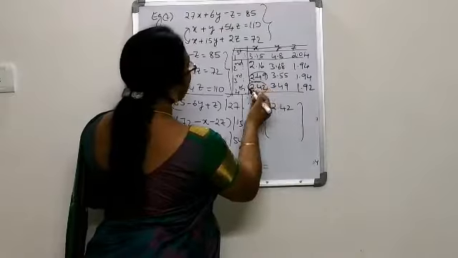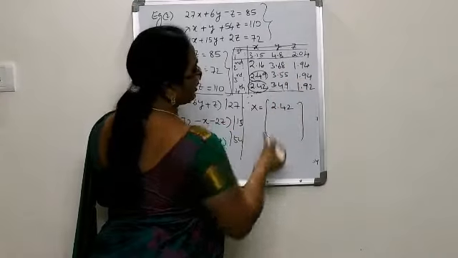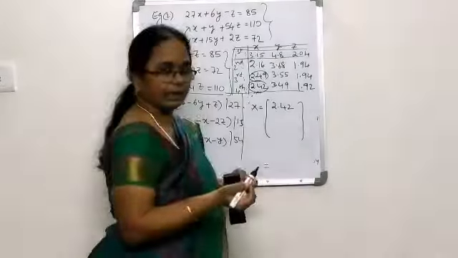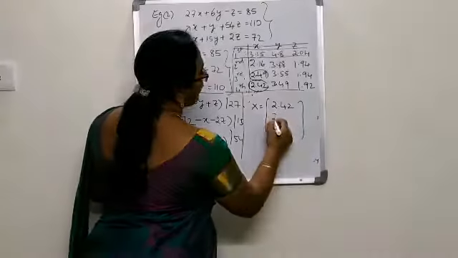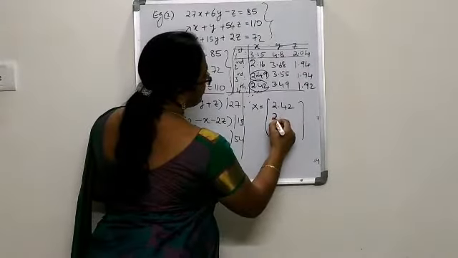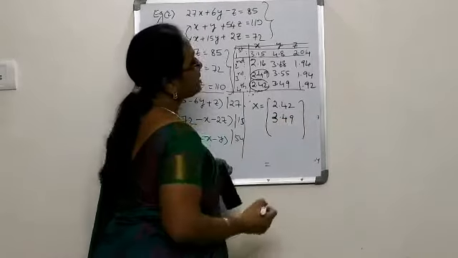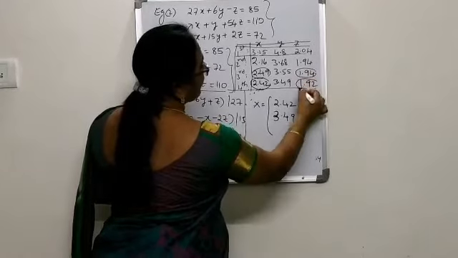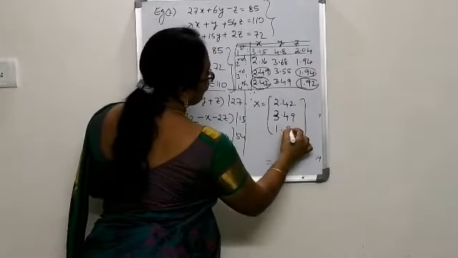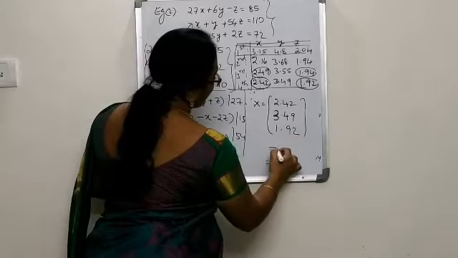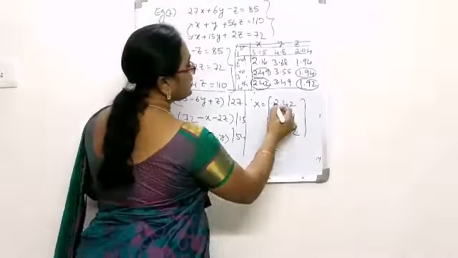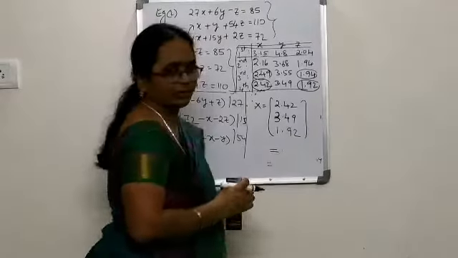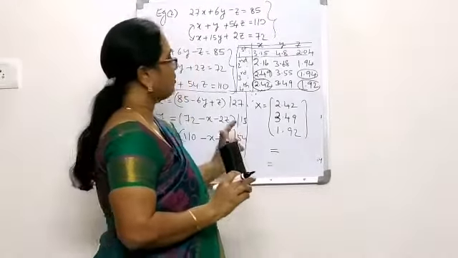Similarly, when we compare the y values of the third and fourth iteration, we have 3.55 and 3.49, approximately close to each other. So our required approximation we can write 3.49. Similarly, from the last column, we have the third and fourth approximations very close, which we can write 1.92. And therefore our required solution is x equal to 2.42, y equal to 3.49 and z equal to 1.92. So is the method clear?